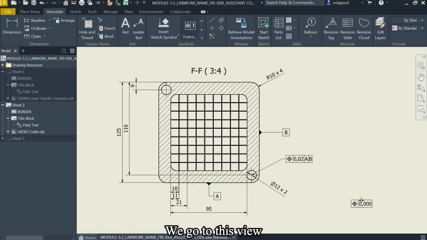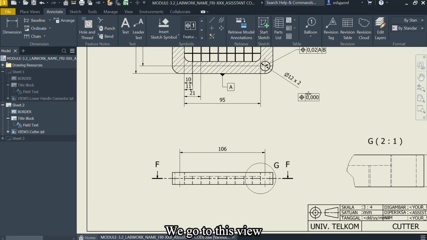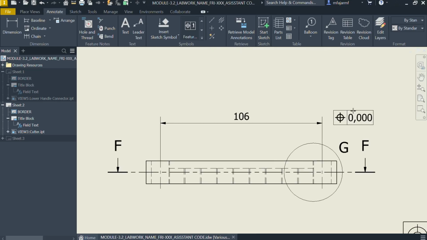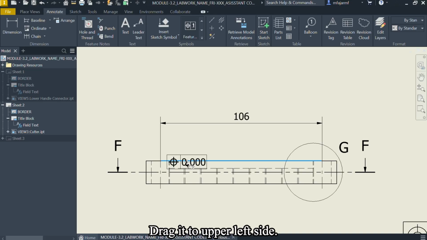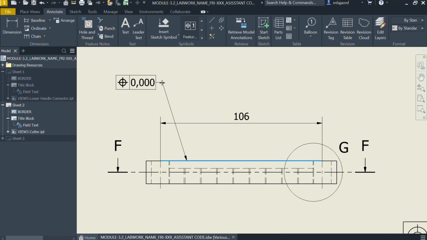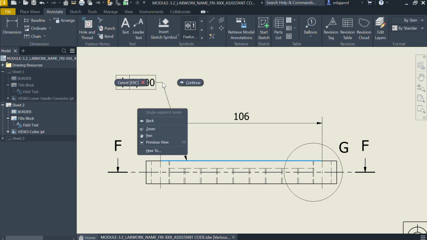We go to this view. Left click on determine line. Drag it to upper left side. Left click. And then right click. Click on continue.